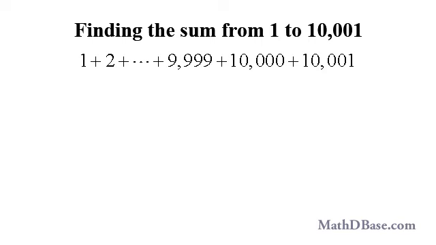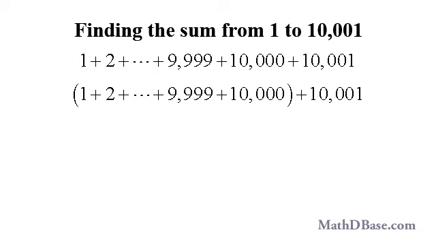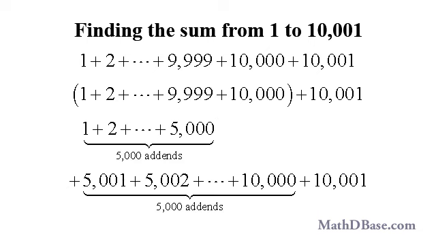What if we want to find the sum of a consecutive sequence of natural numbers that are too numerous to write out? Let's look at the example of finding the sum of the first 10,001 natural numbers. It is not necessary to write out 10,001 numbers, but instead, group the numbers as the sum from 1 through 10,000, the largest even number of addends, and 10,001. Then rewrite the numbers as two groups of sums, finding the cutoff point by dividing 10,000 by 2, to create two groups of 5,000 addends, plus 10,001 at the end,